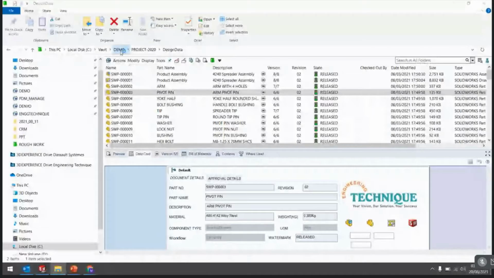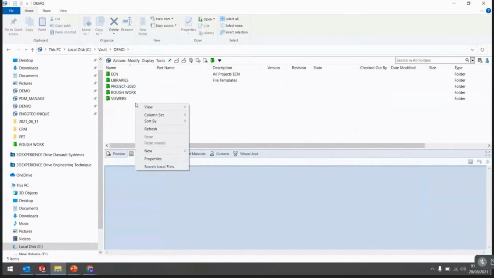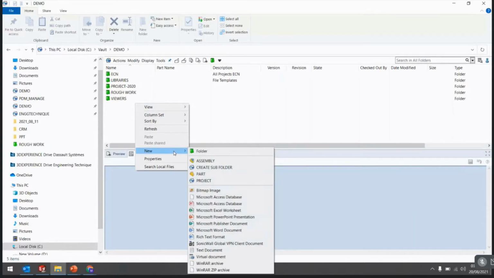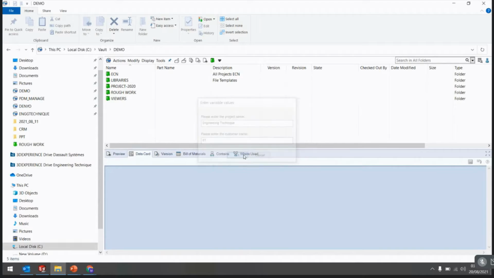Here you can see that in PDM we can create our project templates, so with a single click we can create it. For example, if I create the project and I'm entering the project name and customer name,